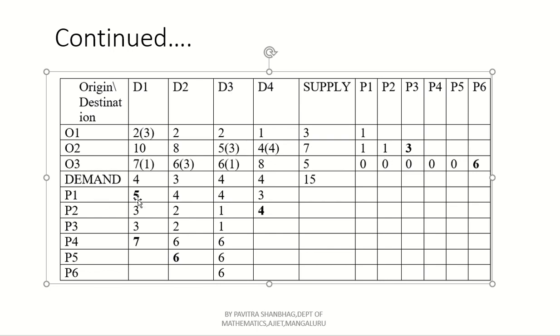Now look into this demand 4, and here demand 4 is there, and here what remains? Here already we have removed 4, remaining is 3 and this 4, here minimum is the 3 value, so that we have to assign here, so that completely the second row also vanishes. Simultaneously you have to remove this 3 from the demand, that is 4 minus 3 means 1 remains. Okay, so that you have to write here.